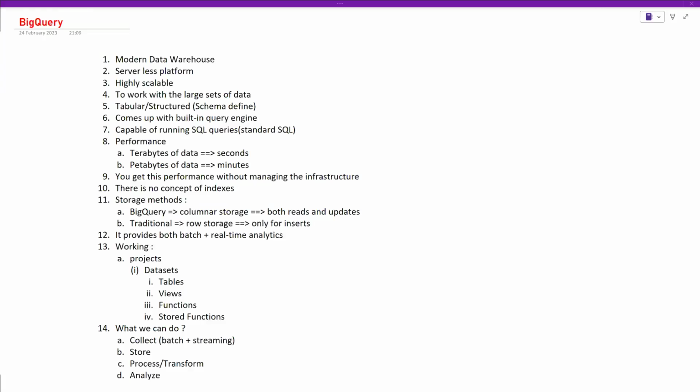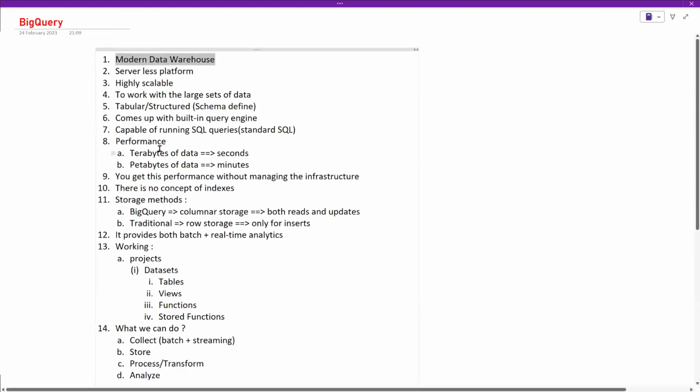Yes. Okay, great. So guys, in yesterday's session we have seen what is BigQuery. Let us just recap it. So BigQuery is one of the modern data warehouses, and it is a serverless platform and it is highly scalable. And when I say a serverless platform, no need to create any server, any instance, any environment. If I wanted to work with large amounts of data, we can directly go to BigQuery,